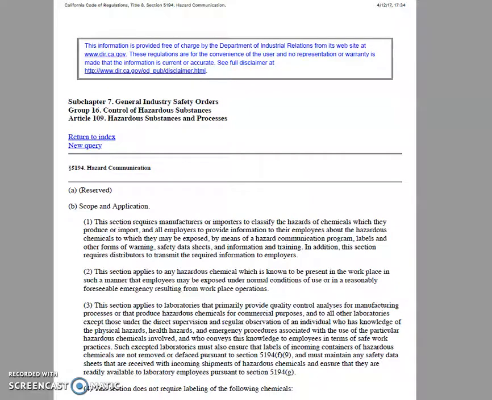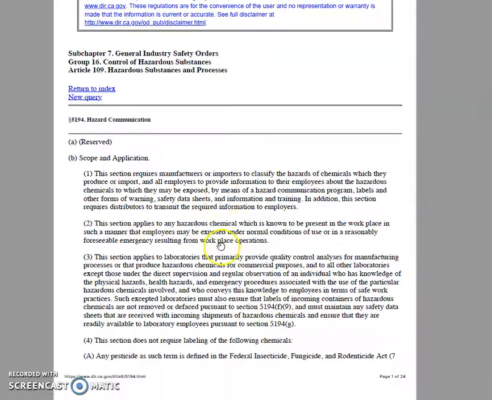This week we'll talk about the Hazard Communication Standard, which is found under Title 8 of the California Code of Regulations, Section 5194. We'll briefly talk about this standard. I'll describe what sections you need to study in order to successfully answer the relevant questions that might be found in the midterm or on your final. So when it comes to the Hazard Communication Standard,